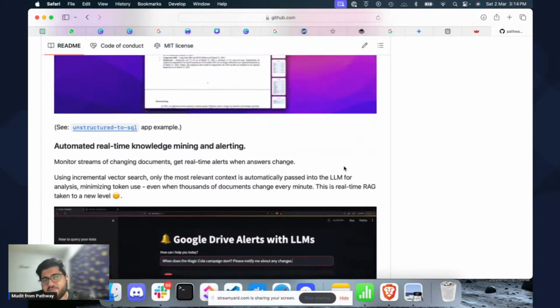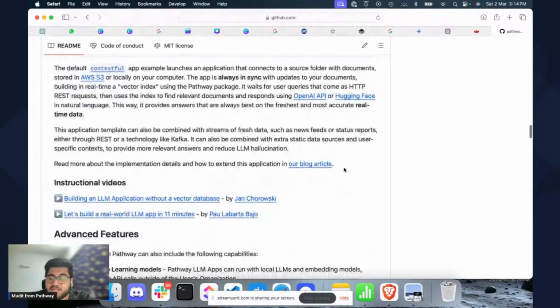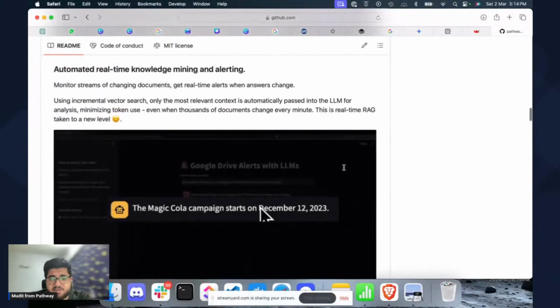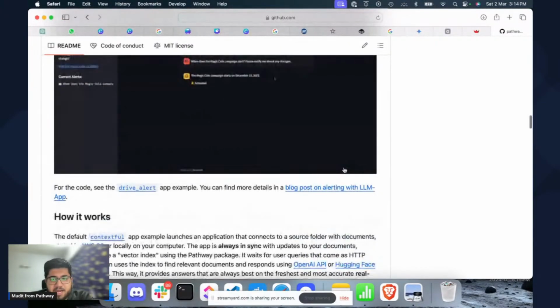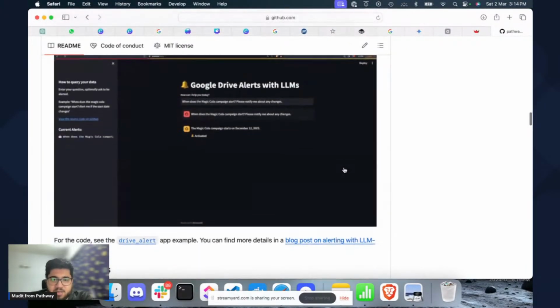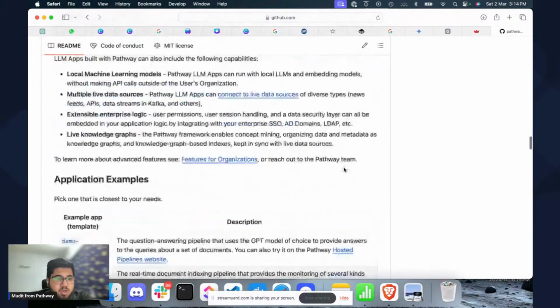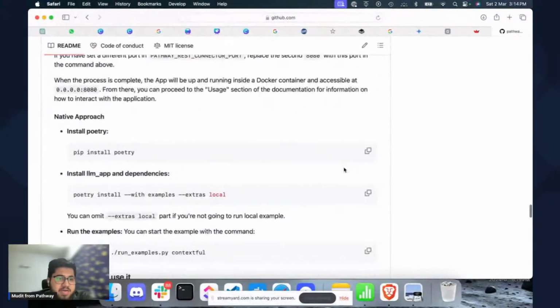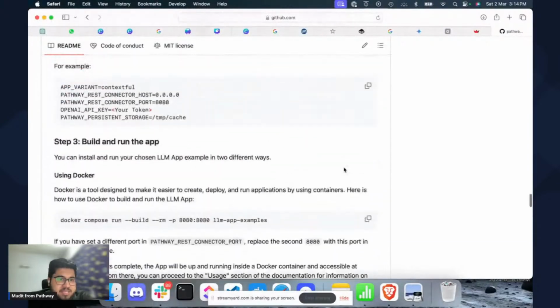And then once it is converted from unstructured to SQL, then you can do a ton of things. There is a recent company which is entirely built on Shopify itself. I don't know if they use Pathway or not, but you can also build a similar thing on your own. Essentially, if you have to build your first project, this is the step-by-step approach.